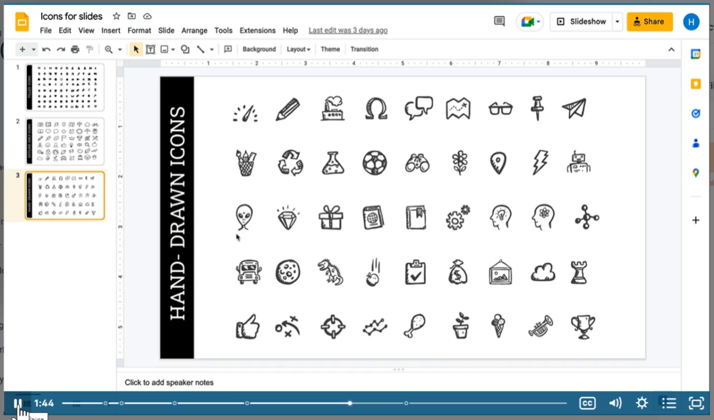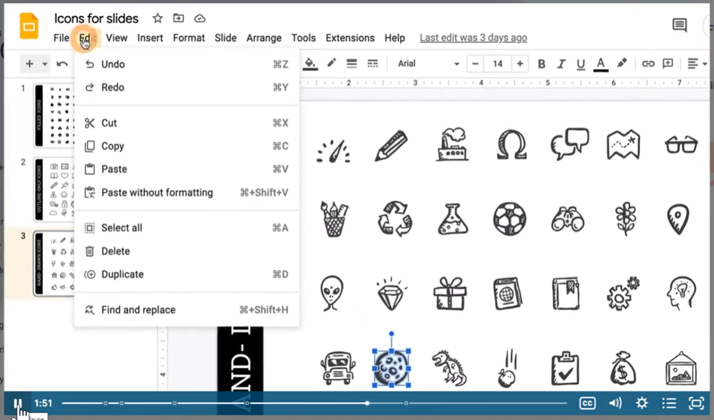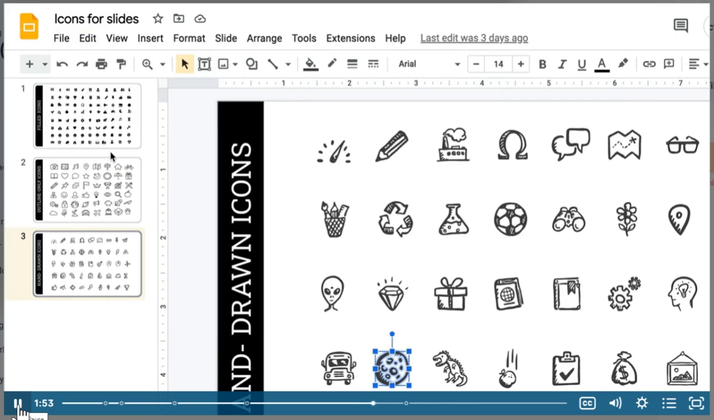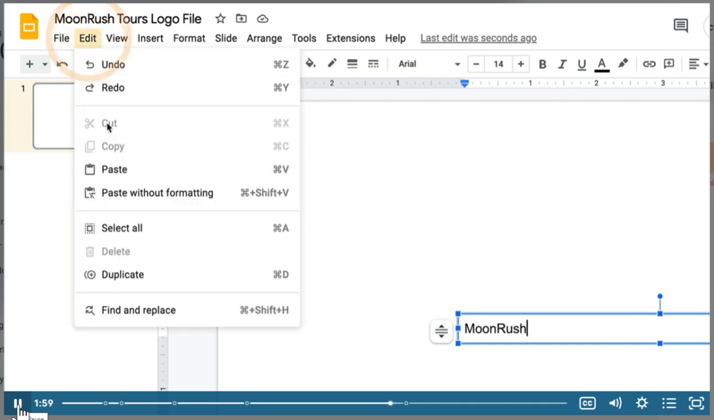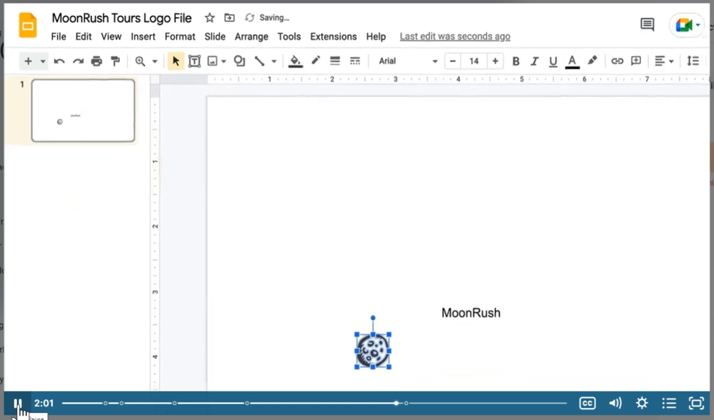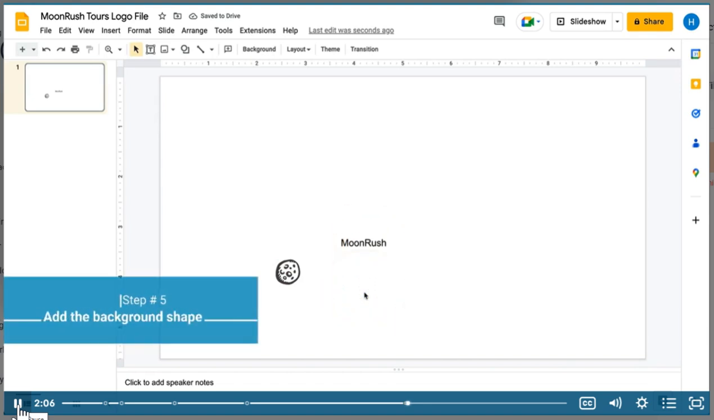I'm just going to do something simple. I'm going to grab this asteroid image, so I'm going to copy that. To do that, go to Edit and Copy, and then go back to your logo design slide file and go to Edit and Paste. Now we've got the icon, we've got the title, and the last thing we need is the